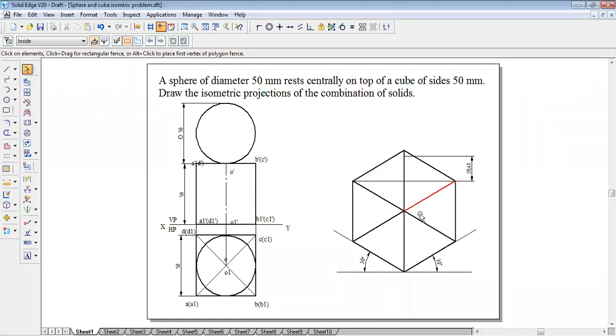Whatever is drawn with actual length is the isometric view, whereas when I convert it, it becomes the isometric projection. So I'm selecting the entire object like this, holding the control button, and removing these angles and also this dimension line. Okay, that is removed.